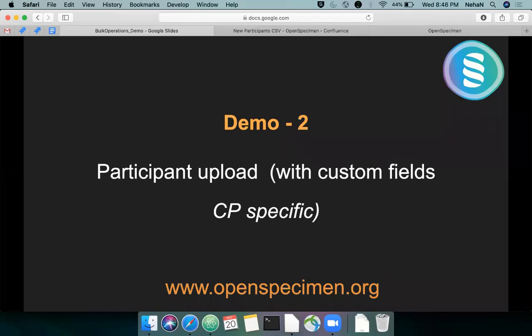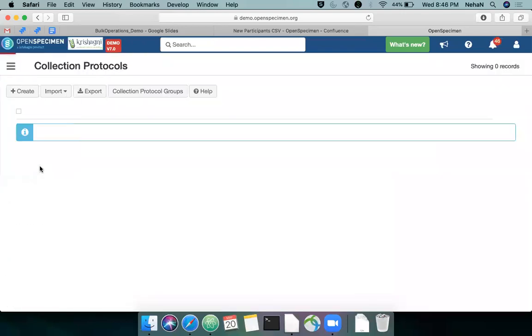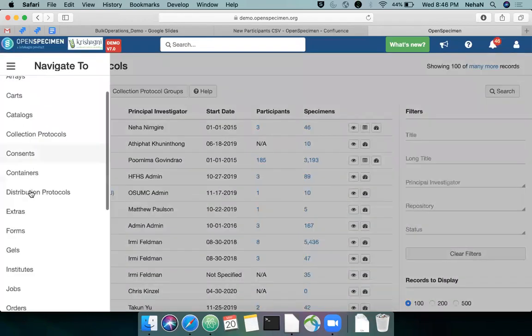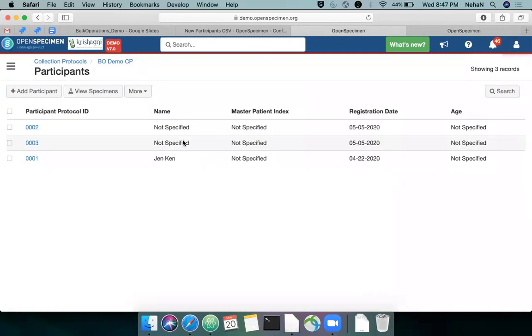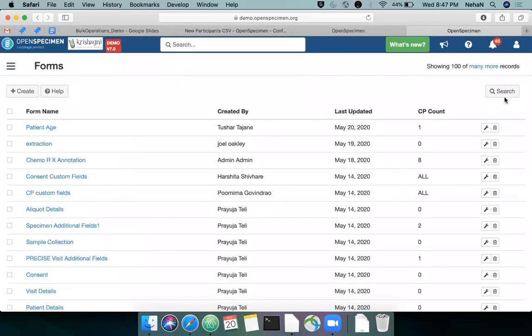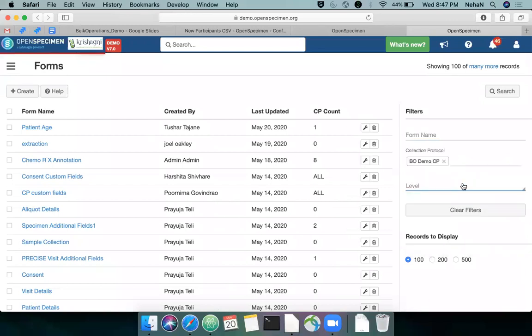Demo 2 is upload participant data with custom fields specific to a CP. So let me show you the CP that I'll be using for the demo, and the form that is attached to the CP. I'll be using the BioDemo CP today.